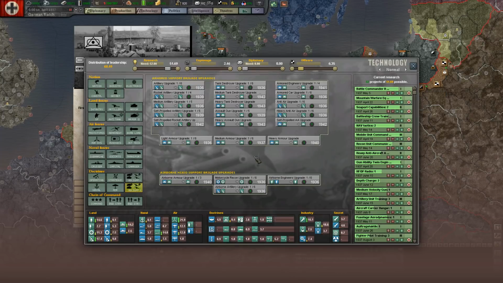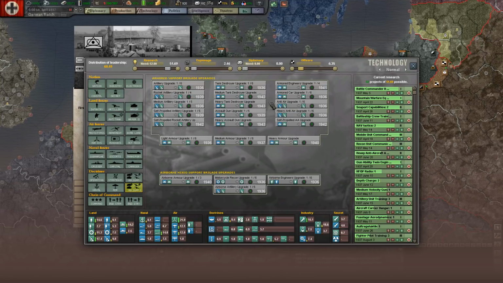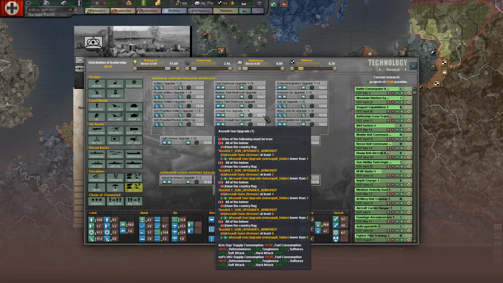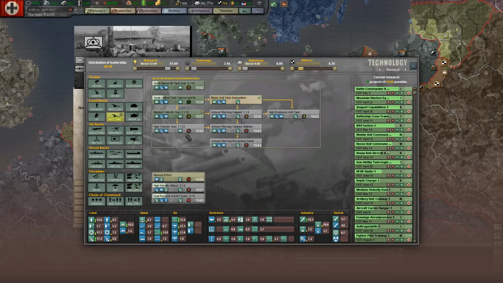I'm still clicking back over here. Heavy assault guns. So this will step up 1 through 5, hard attack plus half of 1, where this will be hard attack each step up plus 3. So that would be really a lot more hard attack, but it doesn't affect piercing. Because I'm guessing here,